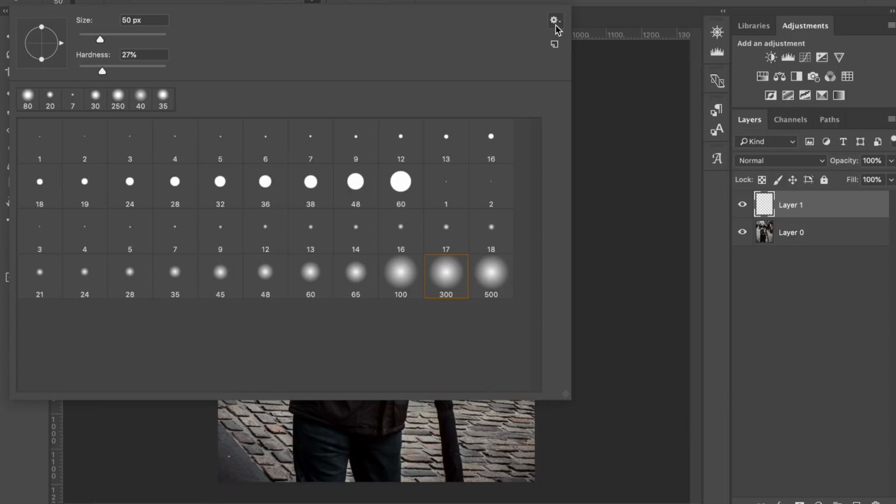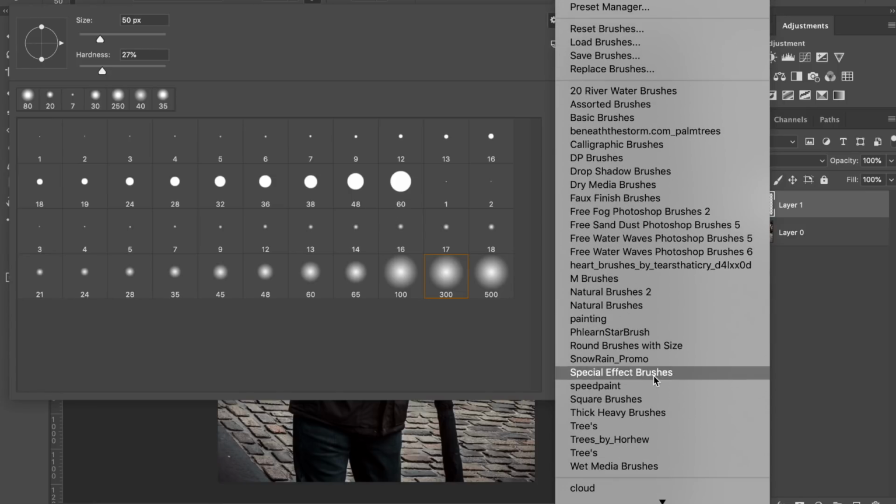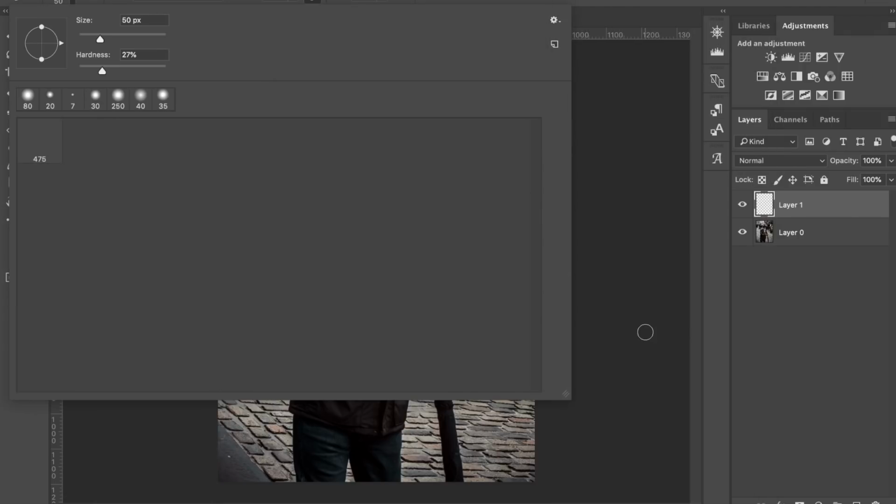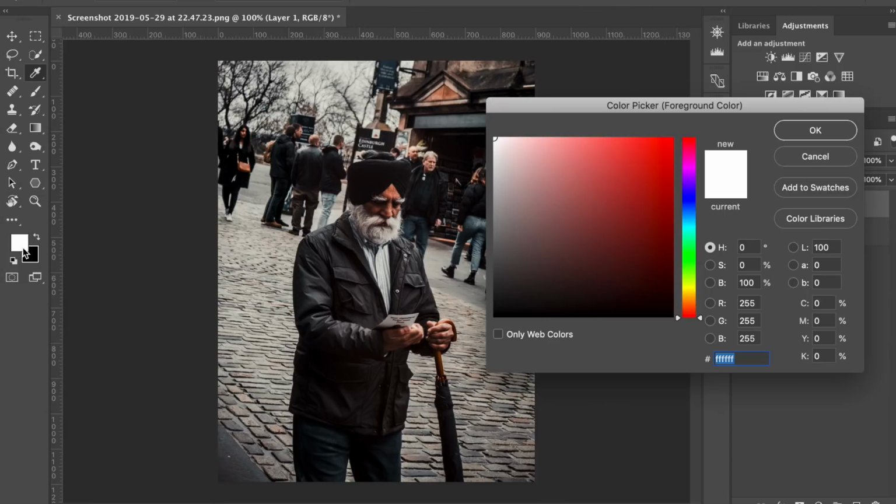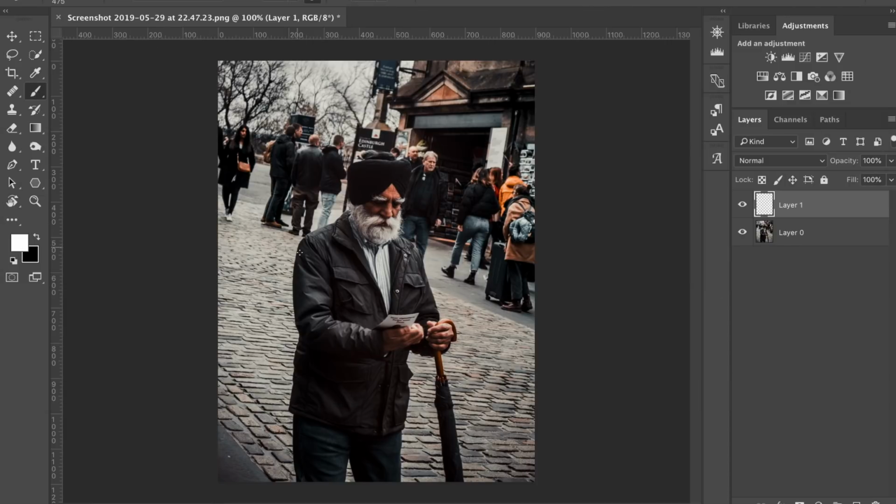You can go ahead and download some star brushes. You can make your own star brush. I've got Flern's star brush here. Really quite a useful brush. Definitely recommend checking out his stuff. Really quite cool. I've made my own as well, but essentially what you can do is make sure your opacity